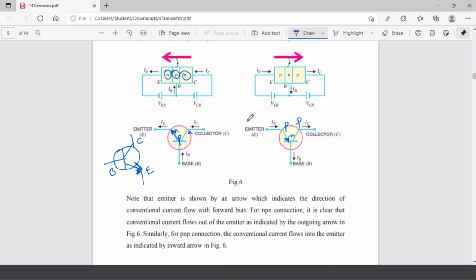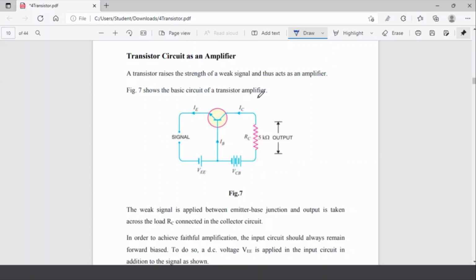Now regarding the working as an amplifier. How does it work as an amplifier? This transistor increases the strength of a weak signal, and this process of increasing strength is known as amplification. How does it amplify? Let us see here. This is your transistor. Which type of transistor is this? An NPN transistor, where P to N is forward bias, isn't it? Current is flowing from P to N, anode to cathode.